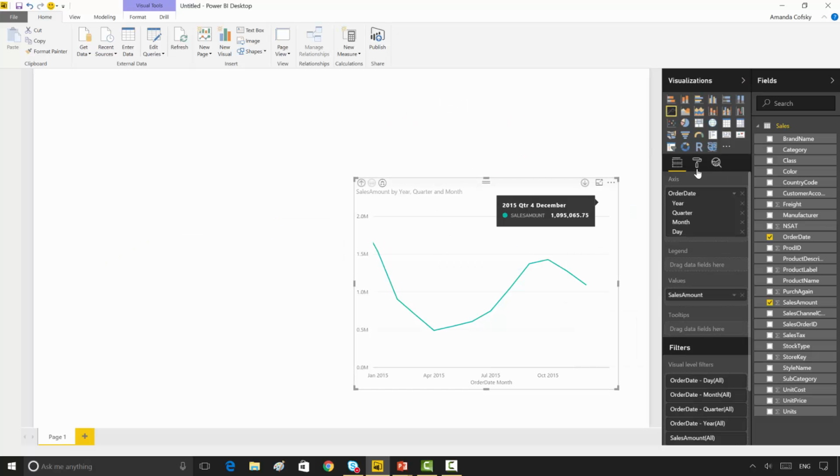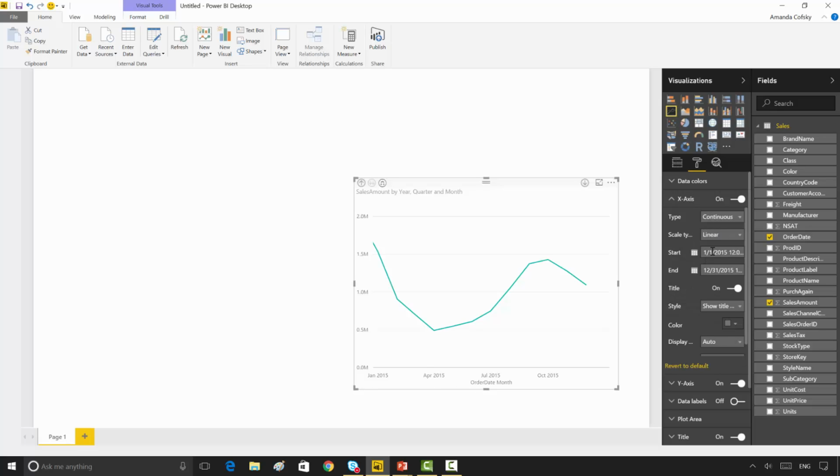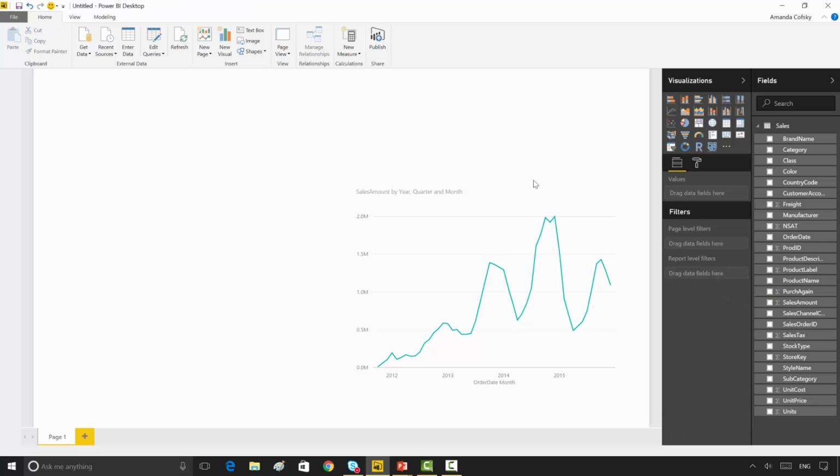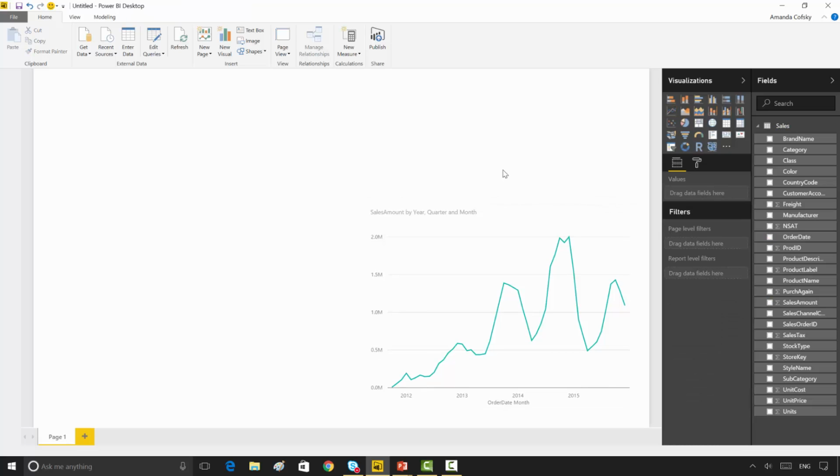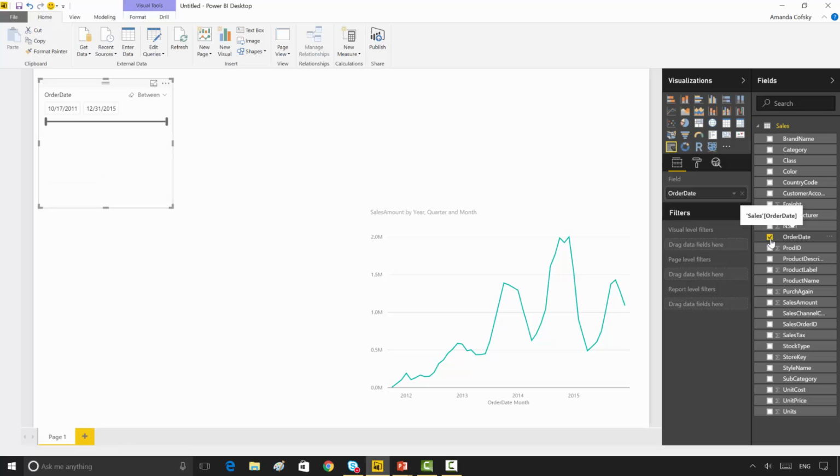So first thing I'm going to do is remove the filter on my axis so you'll be able to see the filter in action. So I'll remove everything and go back to the defaults for this chart. And then I'm going to use the date slicer to do a similar approach. So first I'm going to select slicer, and now I'm going to add a date to that. Previously, you would just see all the date options listed out. But now, since my field is marked as a date, I have a slider here that I can then use to set my dates. I can either use the slider to drag and drop to whatever date I want to see,